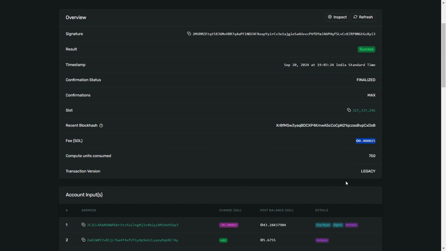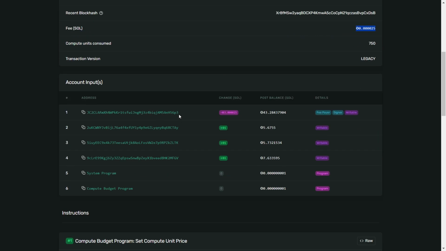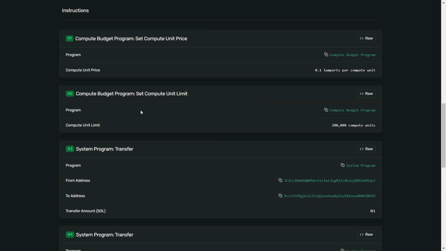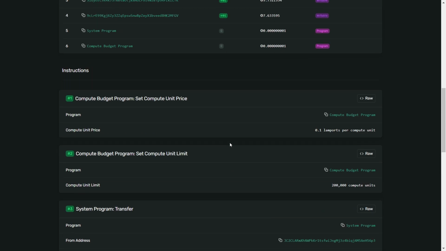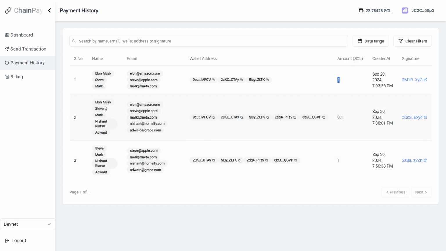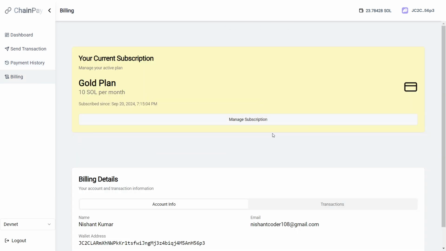This is 750 fee sold, right? And this is the actual wallet address. You send to this wallet address, and it will transact, right? This is the computer set you need, and everything you will be able to see the data here, right? So you just move on to the billing part.